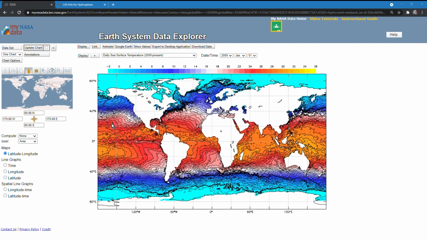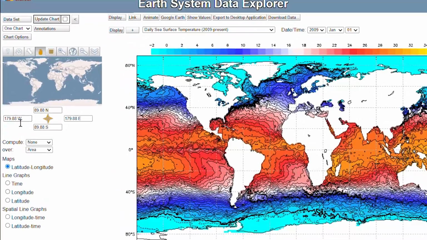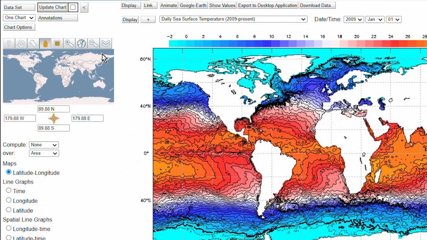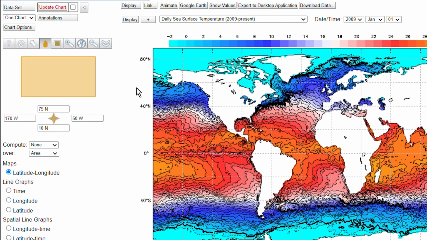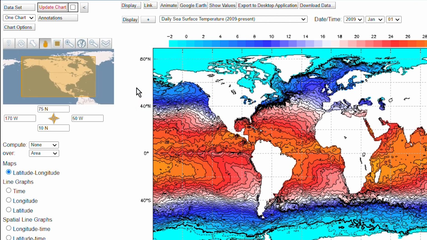We could navigate to the left and enter coordinates, or we could navigate over to the drop-down above the minimap. Then, we can select North America since we know that the majority of the storm occurred there. Even though the area on the minimap has been selected, you can see that nothing has changed in our chart information. We just go to the Update Chart button and click to refresh the page.